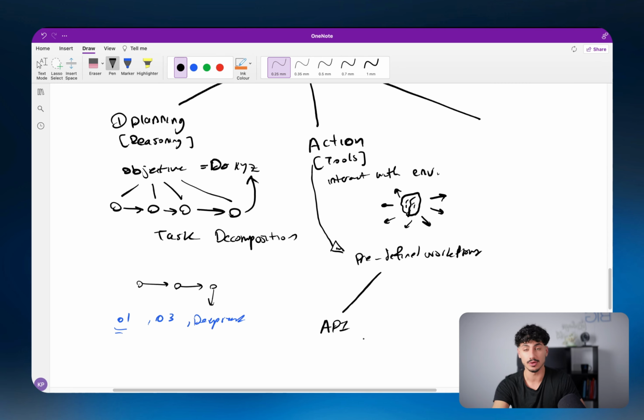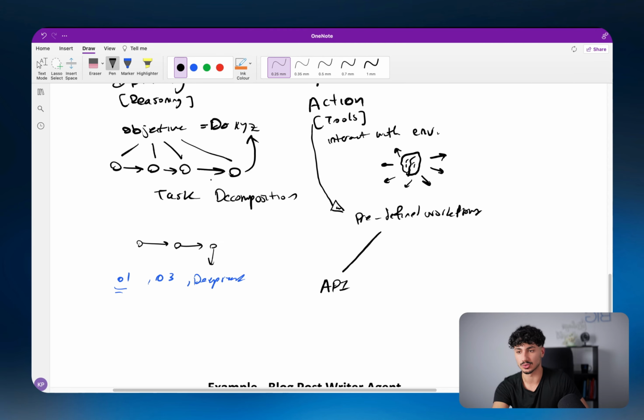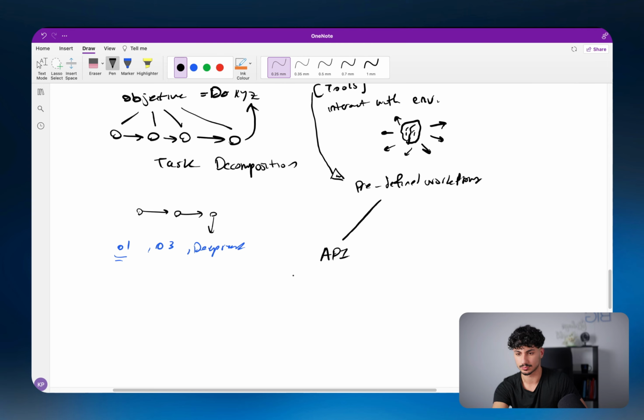Now, for those of you who don't know what an API is, an API, or an application programming interface, I think is what it's called, is basically just a way for you to communicate with an external software. So, yeah, an external software. Right.